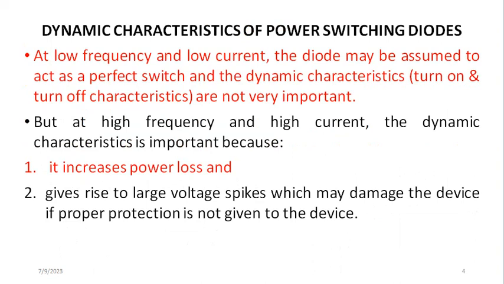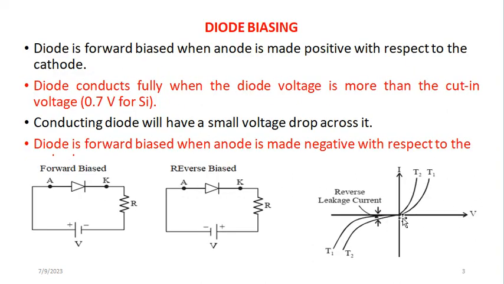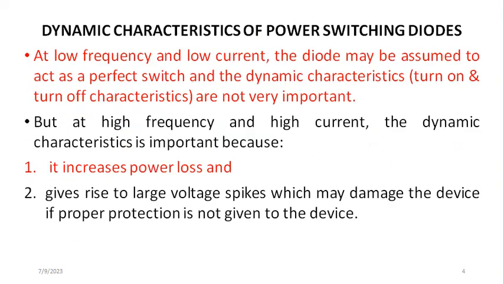That is the static characteristic of a diode, where we don't take time into consideration. Then we have the dynamic characteristic of a diode. Whenever we are operating at low frequency, they range it from 1 to 1 kilohertz, the diode is just assumed to be a perfect switch. Therefore, the dynamic characteristic is not important because it is not affected by the frequency, which is very low. But whenever the frequency starts rising above that minimum 1 kilohertz, the dynamic characteristics